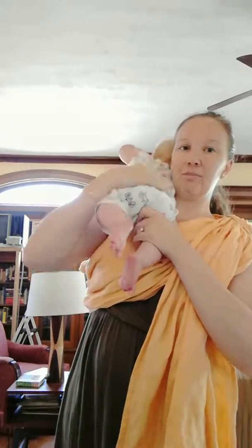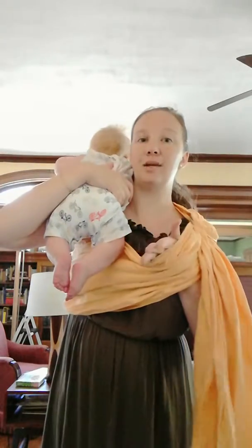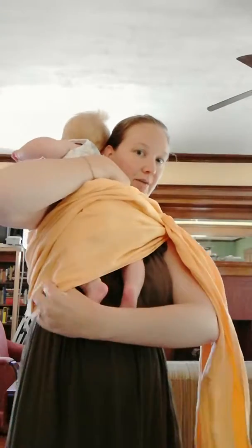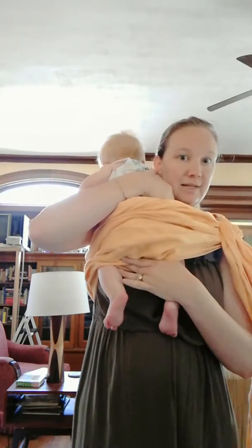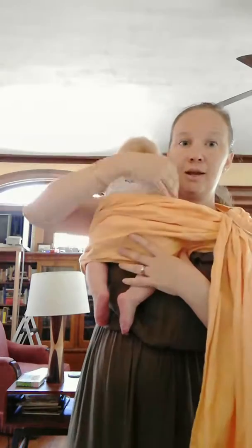All right, so I'm going to start out with him on my shoulder, just like this. And I'm going to hang on to him with this hand, make sure I support him and he's steady. And then I'm going to reach up through my sling with my other hand and pull his feet in. Oh, good burp, bub. All right, hopefully you didn't spit up down my back. Okay, so then I'm going to take the bottom rail from around my back and just follow along where his knees are. See, I have it on one knee, then I have it on the next knee. All right, and then I'm going to hold it there, hold on to him,